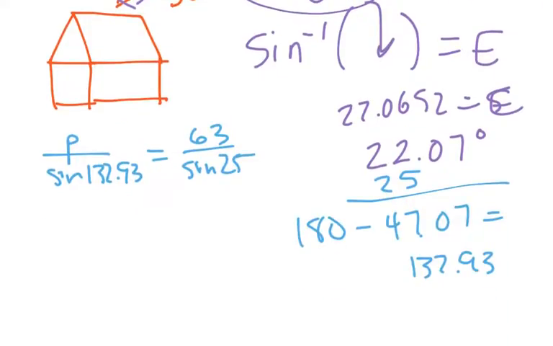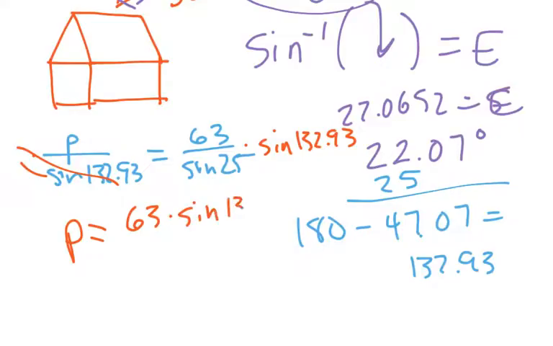So now I'm doing this one, the other version. So I times by that guy, the sine of 132.93, and that gives me that distance equals 63 times the sine of 132.93 over the sine of 25. Now I don't need to use the inverse sine because I'm not finding the angle, I'm actually finding the side. So I just write that fraction, 63 times the sine of 132.93 over the sine of 25 degrees, type it into my calculator, hit enter, and we get